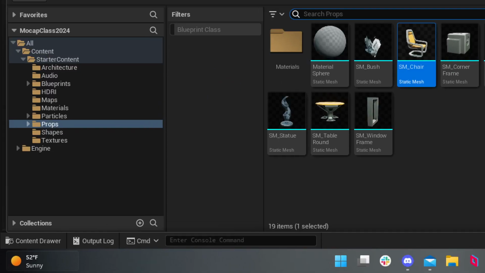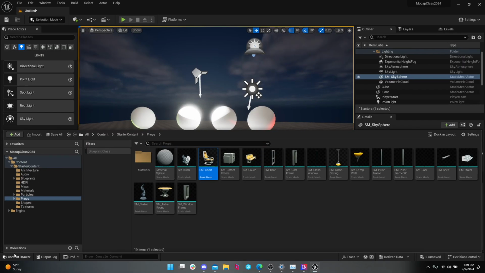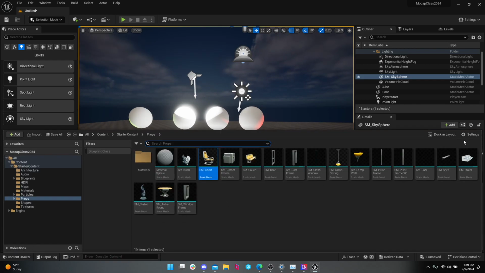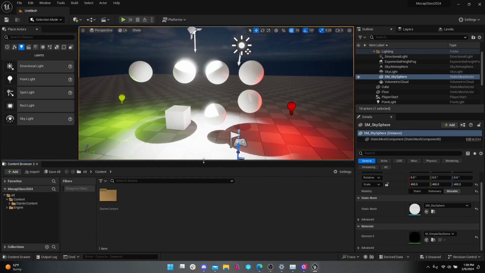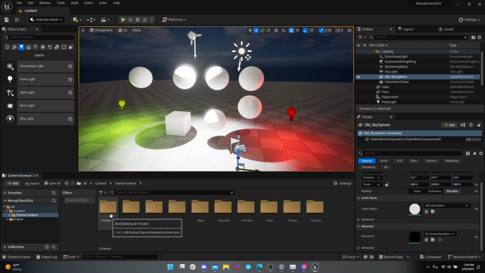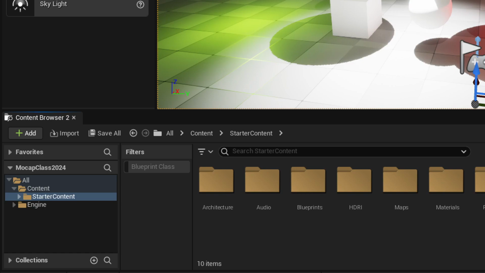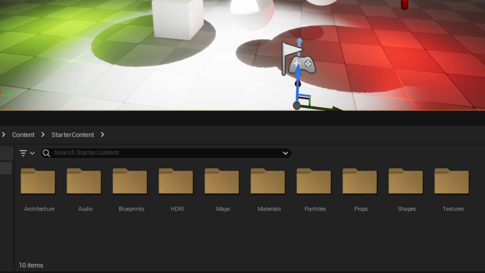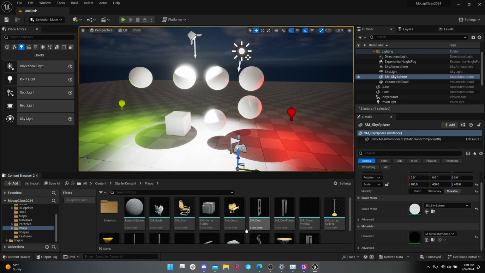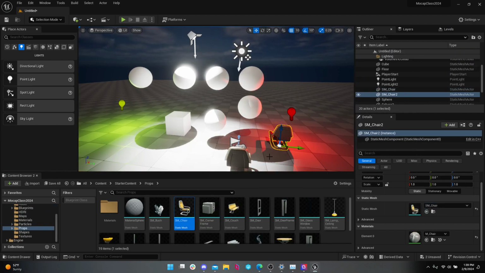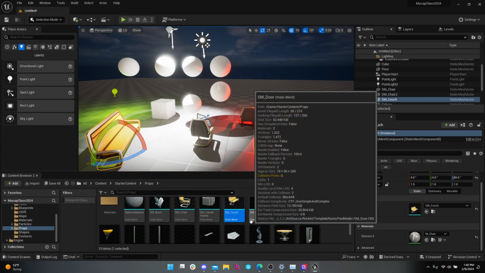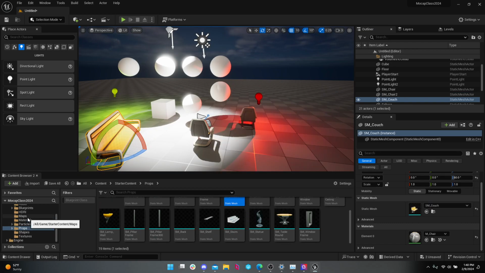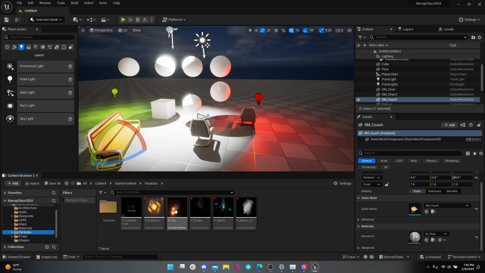So the content browser, the content drawer, is down in the bottom left. You can click it and it just automatically disappears when you go back to the world. Personally, I like to dock it in my menu. So on the right side, it says dock in layout. I like to just keep it in here. There's that starter content I told you to add to your project. It's a bunch of preset stuff in here. It's just basic stuff that you can drag into your world. Chairs, couch, stuff. There's some particle effects in here.